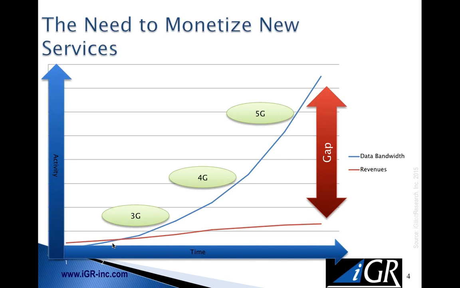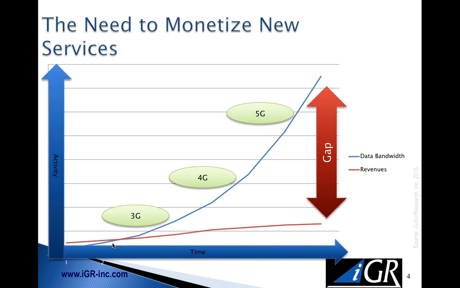Just as an example, in the US, in the next 4 years, the amount of bandwidth used on mobile data networks, and that's not including Wi-Fi, that's just the LTE and 3G networks, will go up about 9 times. In other parts of the world, the growth is even higher. So everybody's using more data. It's not just a few people using more data, it's everybody. But at the same time, the red line there, the revenues, are not increasing at the same rate. So while the bandwidth is going up 9 times in the next 4 years, we will not be paying 9 times as much every month. We'll be paying a little bit more every month, but certainly not 9 times.